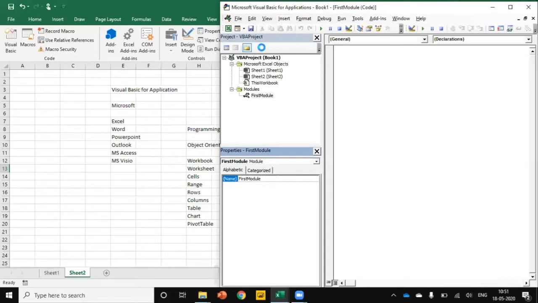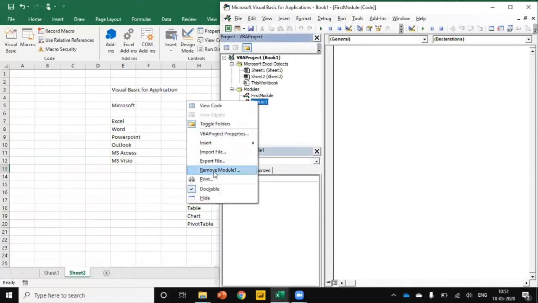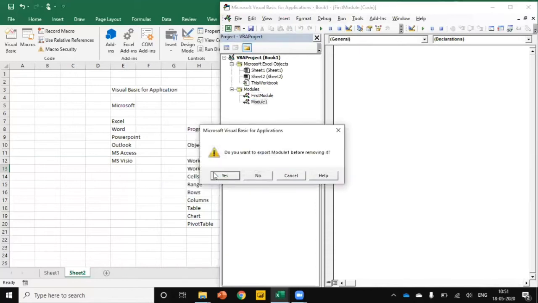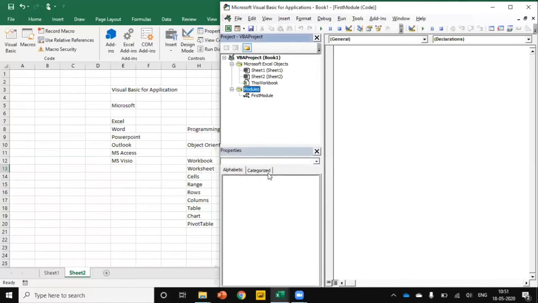Go to Insert, add a module. And you can switch between modules. If you just double click, you can activate the particular module. If you want to remove the module, just right click and then click Remove Module. It will ask the prompt, do you want to export the module before removing it? I'm just giving no.